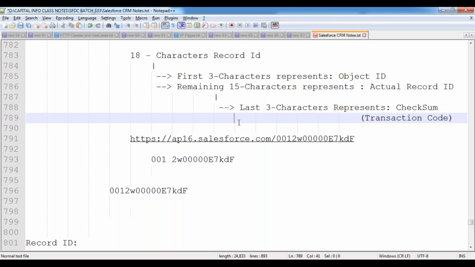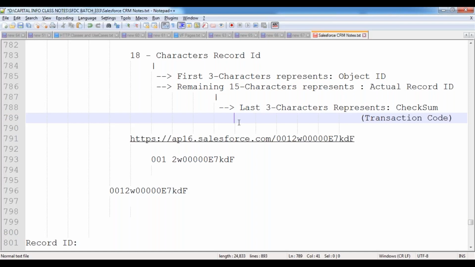Let me explain one more small scenario. Assume that today I went to a bank ATM center to withdraw some money. I have withdrawn 5,000 rupees from my bank account, and then you get a transaction slip. Now tell me, is your complete account number available in the transaction slip? No. The last 3 or 4 digits will be visible, and the remaining digits are star, star, star, star like that. That means it won't show the complete bank account number, because of security reasons.